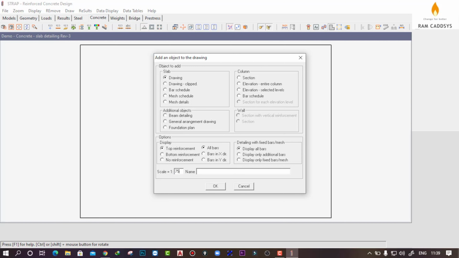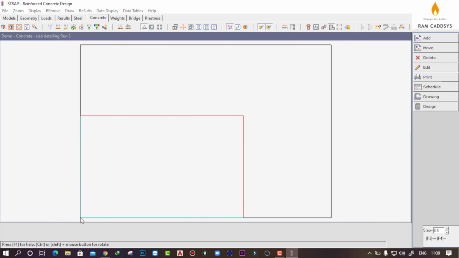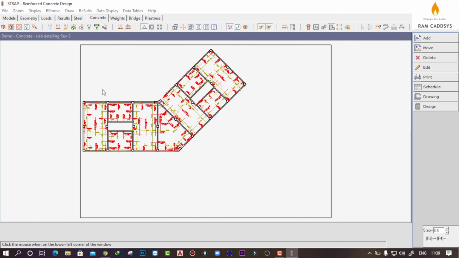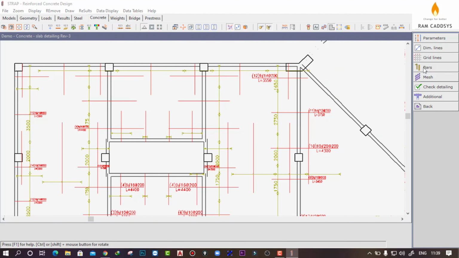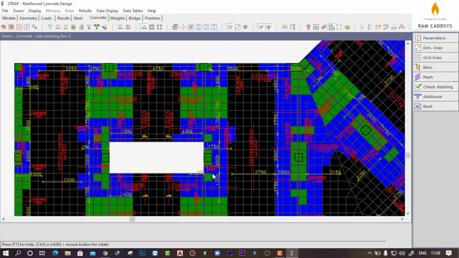Change the scale as per your requirement, click on OK, select the plane and place the drawing. And here we have the top reinforcement. If you create a window, you can see the top reinforcement is also provided here automatically. In that case also you can check whether this detailing is okay or not for both the directions.